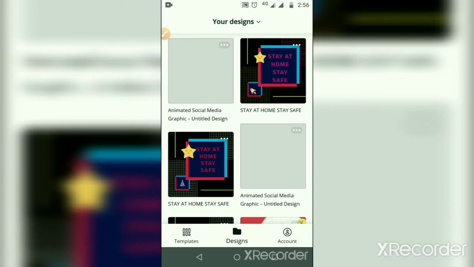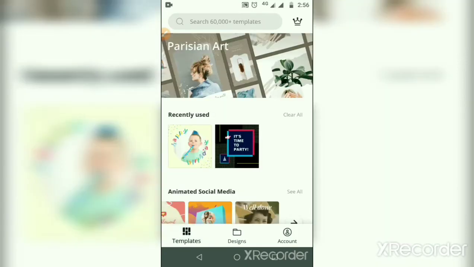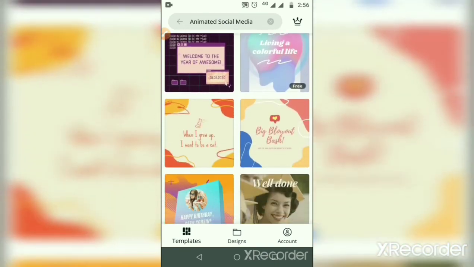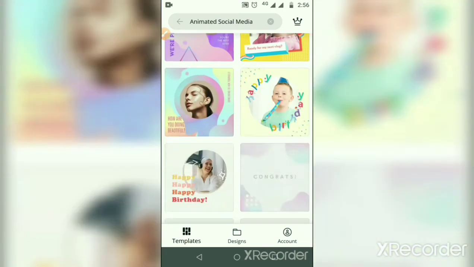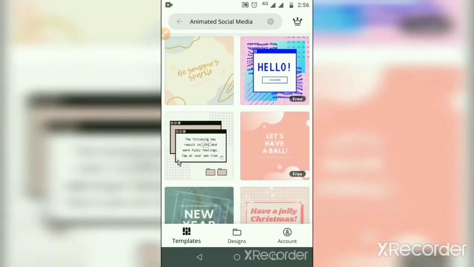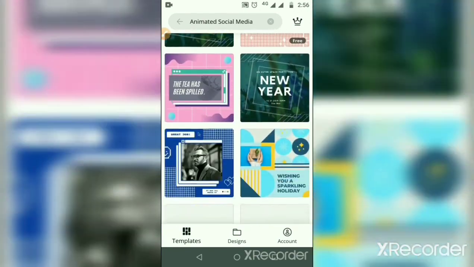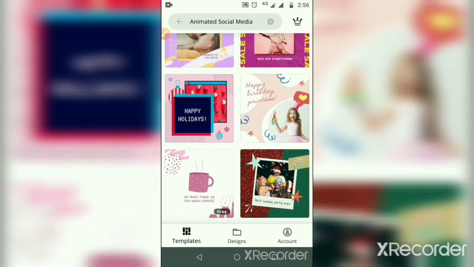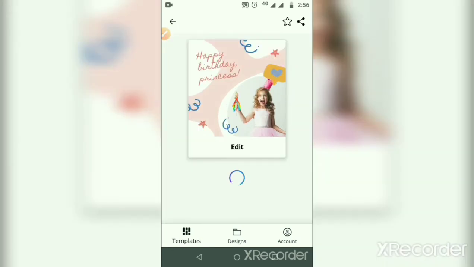Now click on back, template, scroll it, click on the arrow. You can select any one image, whatever you want to change. I just want to change this one. Click on edit.